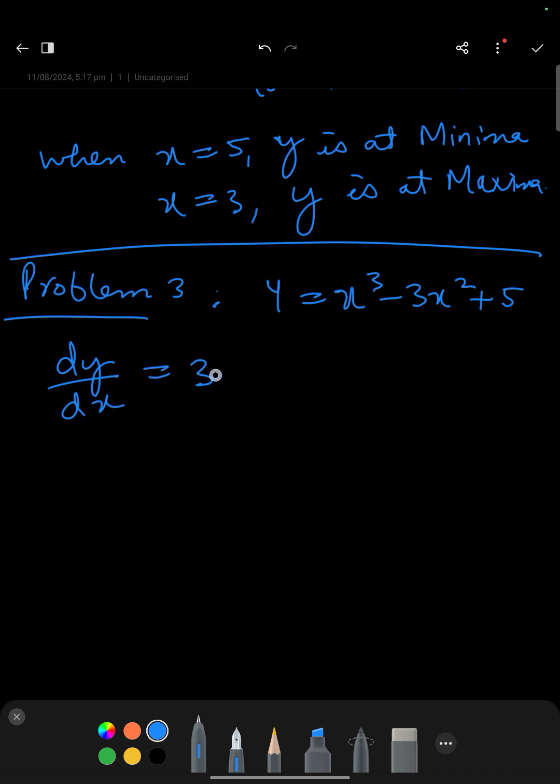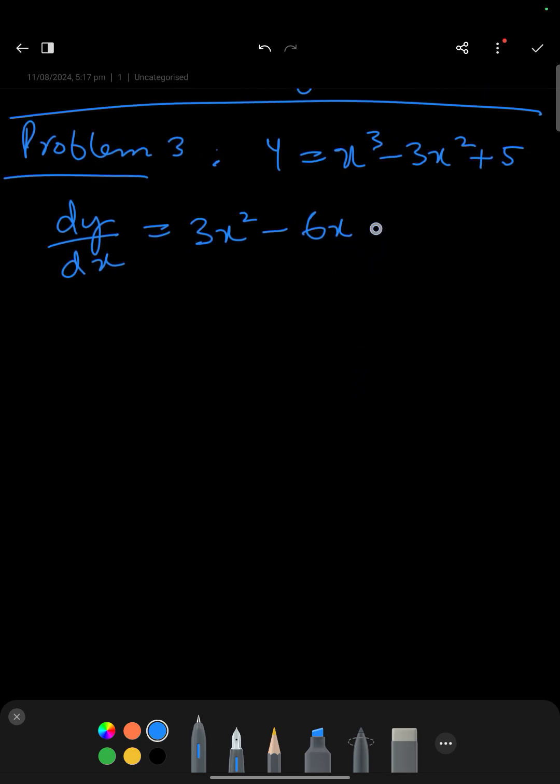So 3x squared minus 3 to the 6 to the power x. In this case we know it is equal to 0. We will find x. Because 3 is common, we will take out 3x, x minus 3, 3 to the x minus 2, x minus 2. So the first x is x equal to 2 and the second x is equal